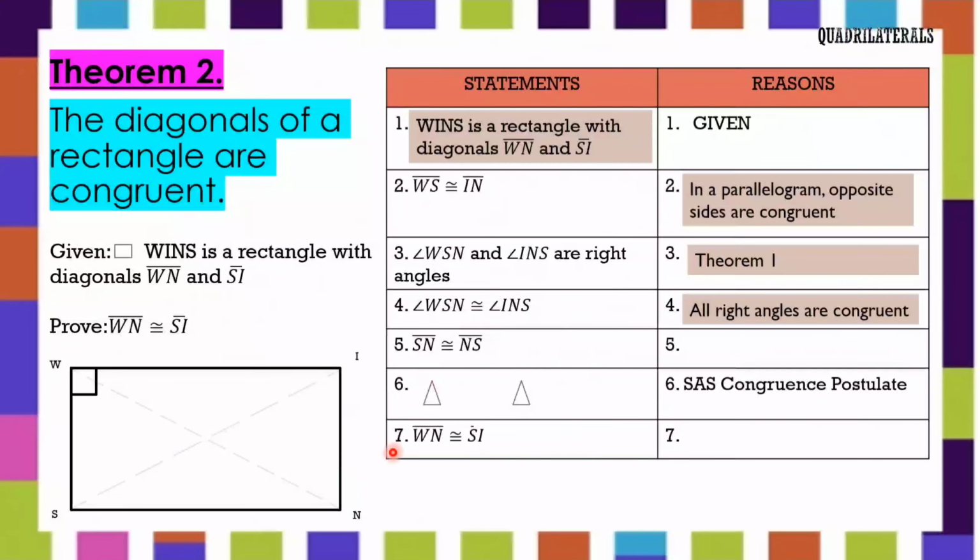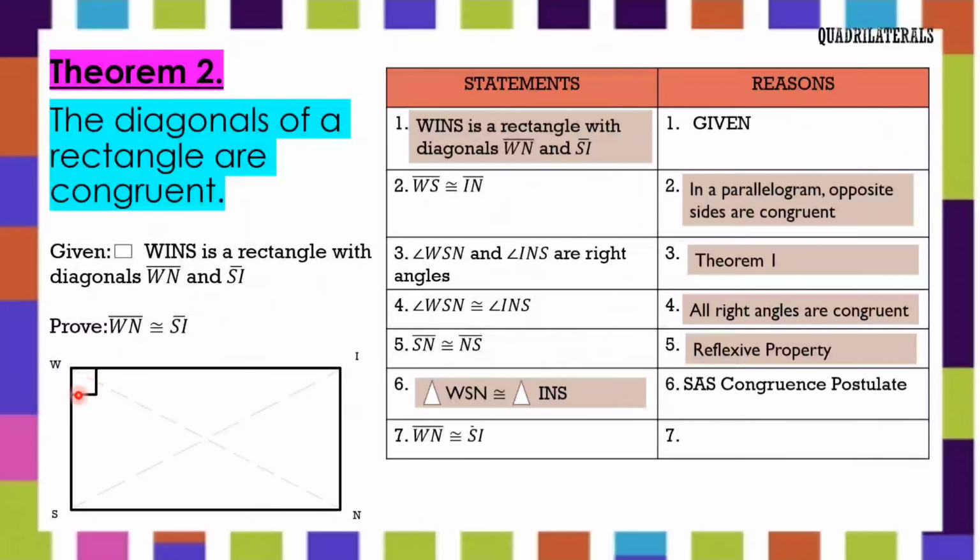For the reason, reflexive property. So, congruent yung side na to sa side na to. Congruent yung angle na to at yung angle na to. And yung side na to sa side na to. Okay? So, we can now say, under the SAS congruence postulate, that triangle WSN